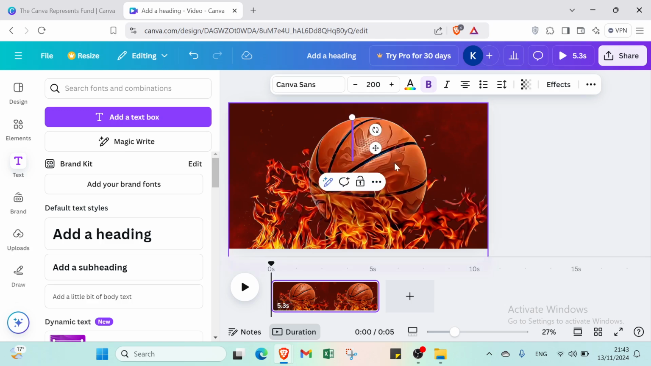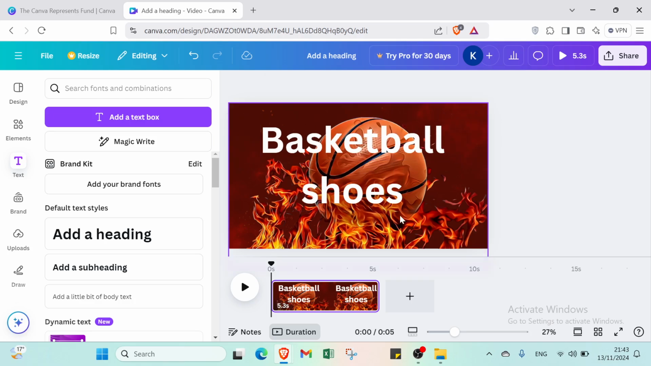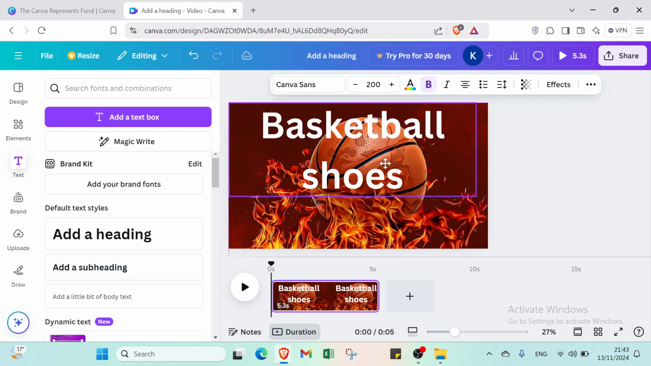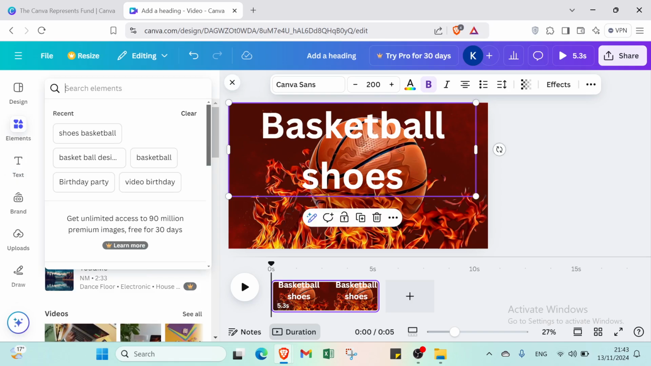I will delete this one and I will add basketball. Firstly, I will add like that, basketball shoes. All right, so here we have it, how it looks. Right now, if you want to add some elements, we just have to go here and search for elements. For example,